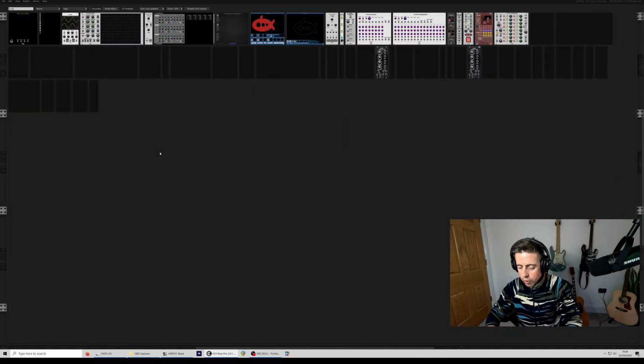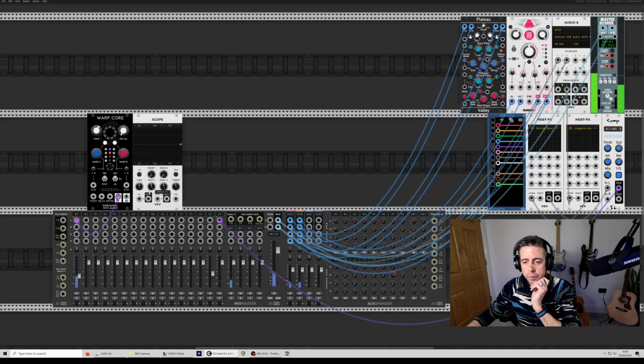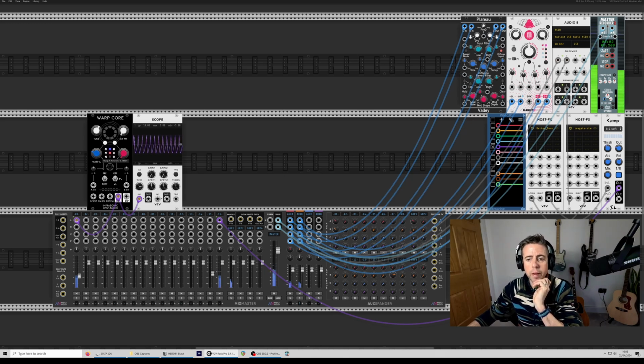And you can see it on the scope as well, if I just bring a scope up. So you can see, if I just turn the time base down, you've pretty much got a pure square wave there. And then you're getting a more interesting waveform as you turn up the amount of phase distortion, which is perfect for drone. So if I just mute that for a second,